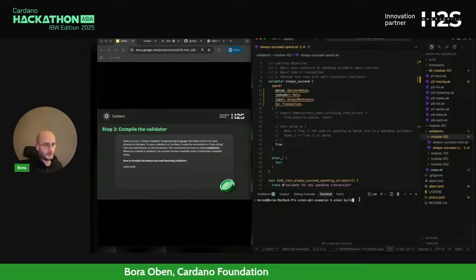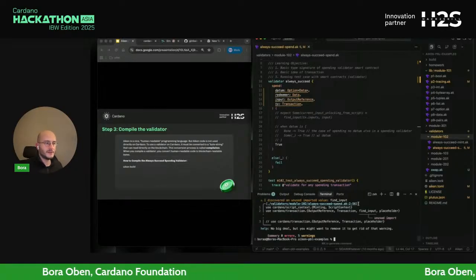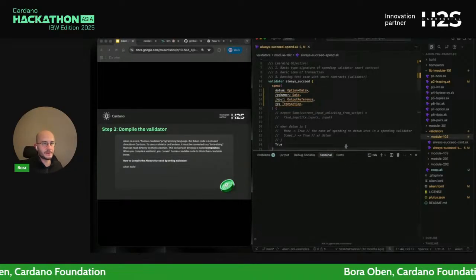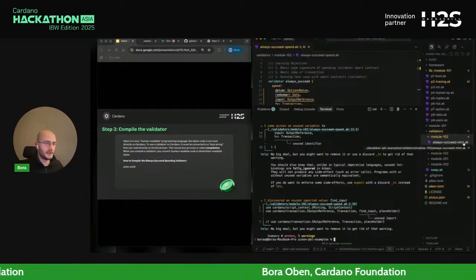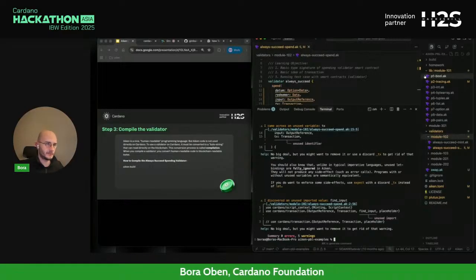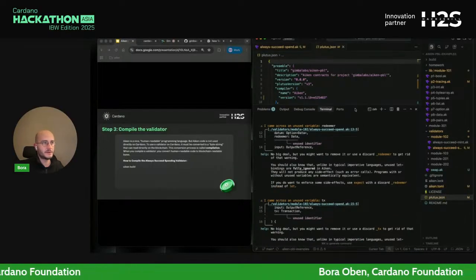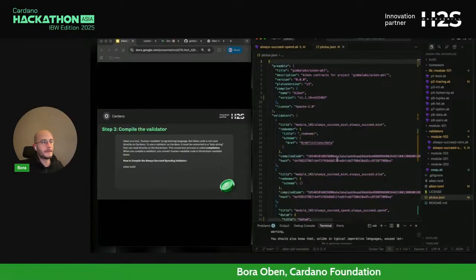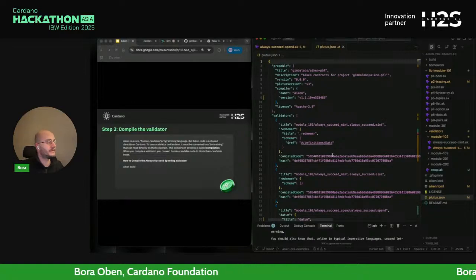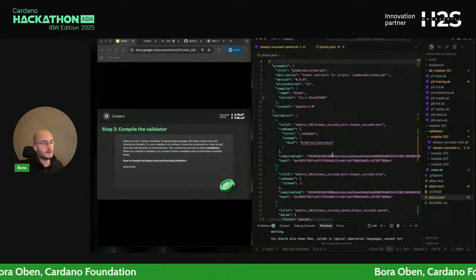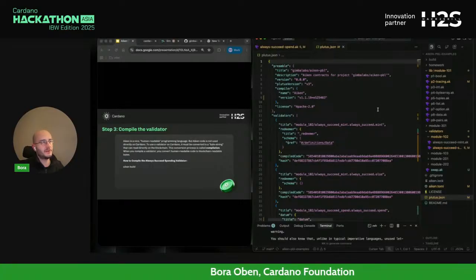If you write Aiken build, this compiles the validators you have in this repository, and a plutus.json file will be created. This is, if you are from the Ethereum world, in a way the ABI of the smart contract, the application binary interface.